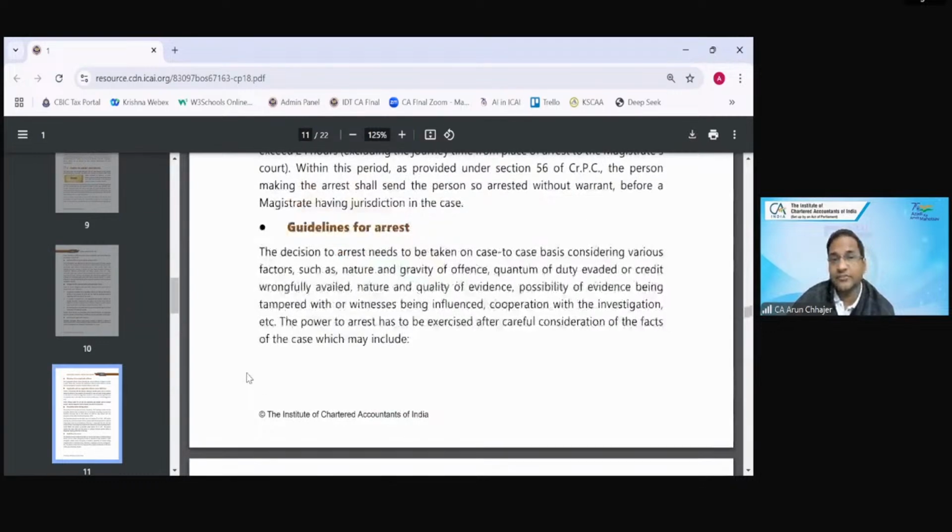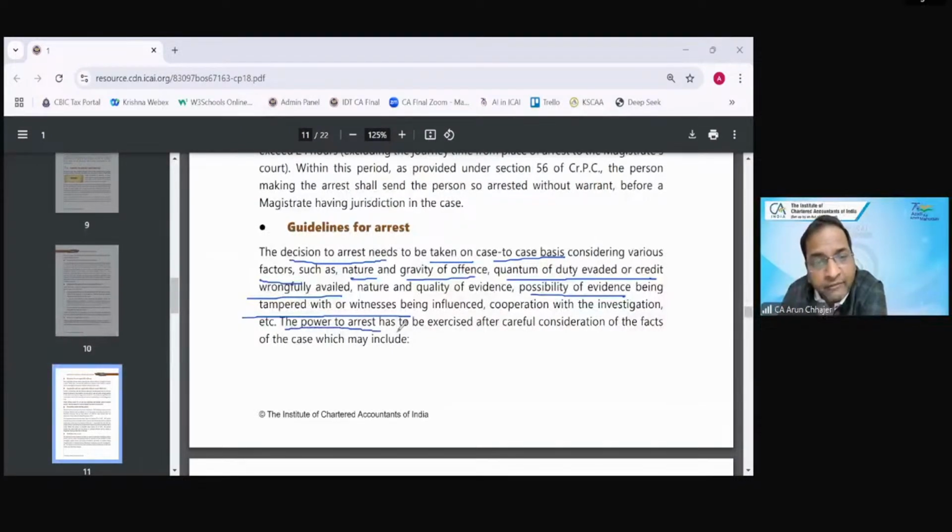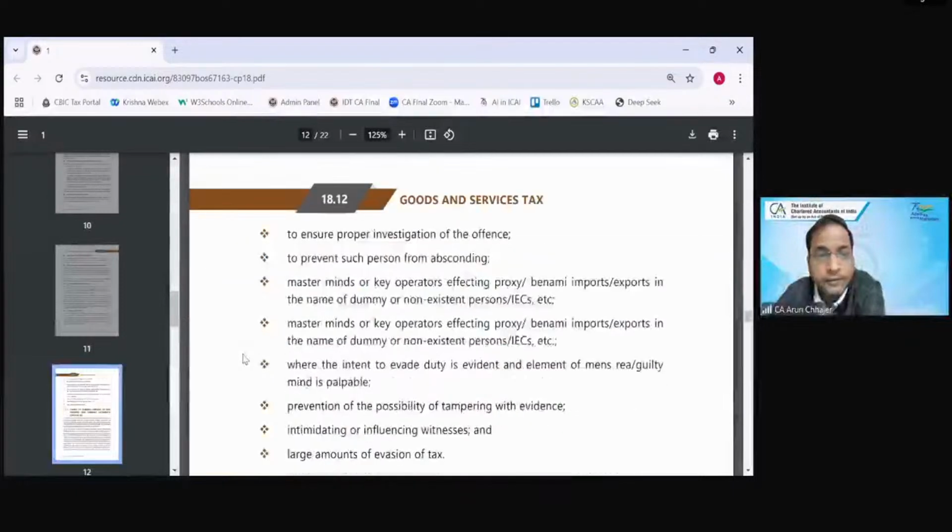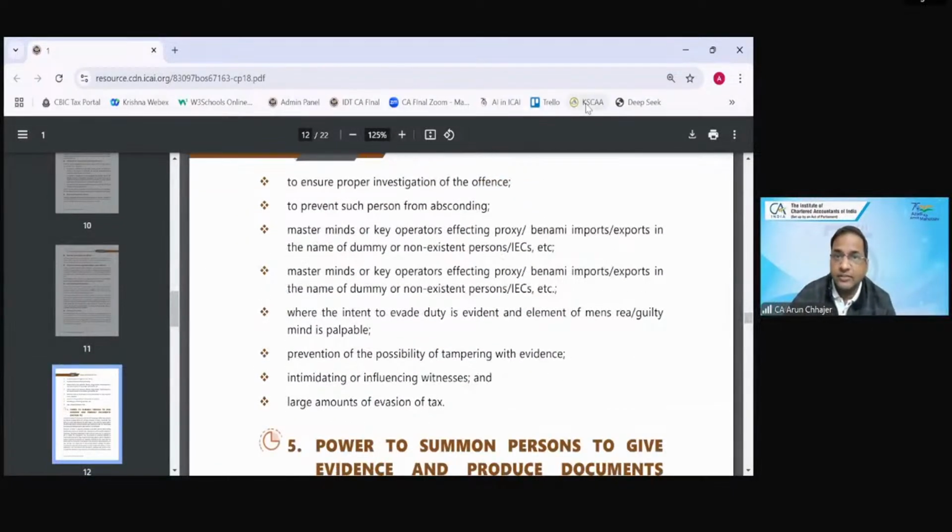Guideline for arrest. The decision to arrest needs to be taken on a case-to-case basis, considering various factors: nature and gravity of the offense, quantum of the duty evaded or credit wrongly availed, nature and quality of the evidence, possibility of evidence being tampered with or witnesses being influenced, cooperation with the investigation, etc. The power to arrest has to be exercised after careful consideration of the facts, which may include: to ensure the proper investigation,